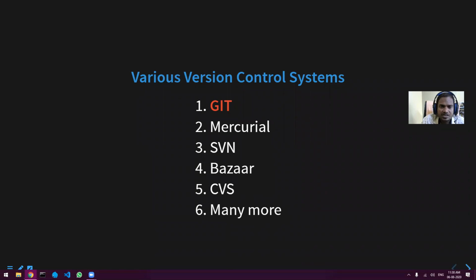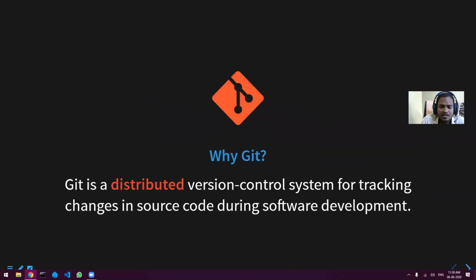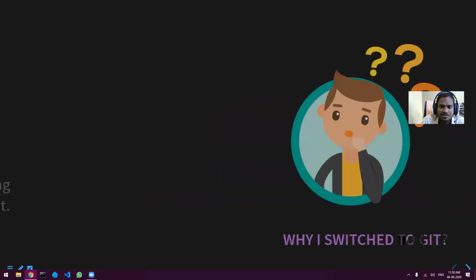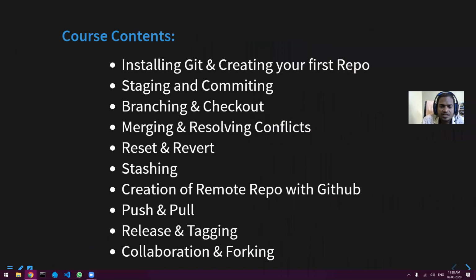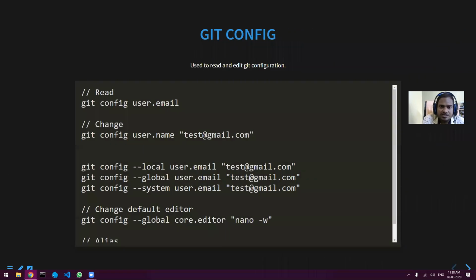I have mentioned some of them. Then the definition of Git, a little bit of history of how I switched to Git, and the course contents. Now we will start by revising the commands that we have learned. Within 5 minutes we will cover this and then start with today's session.